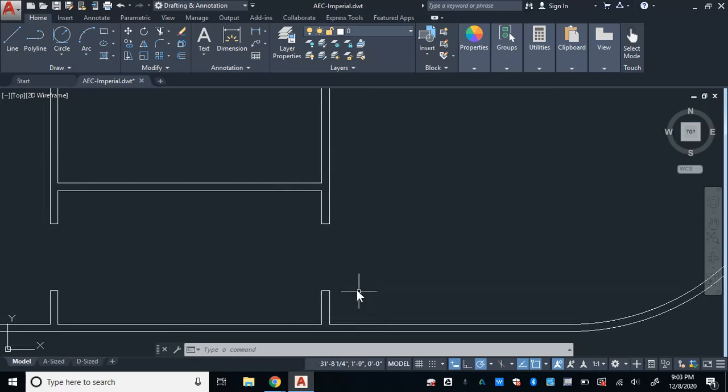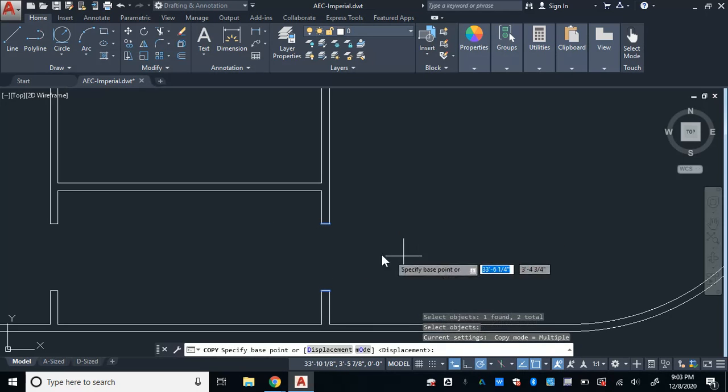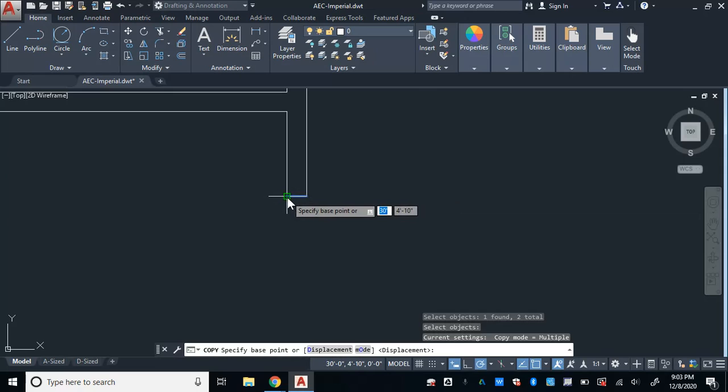So I'm going to get down here. I'm going to select those. I'm going to go here to copy. I'm going to select that side, copy that side, and that side. Hit enter. This time I'm going to select the base point to be the inside portion of my wall on